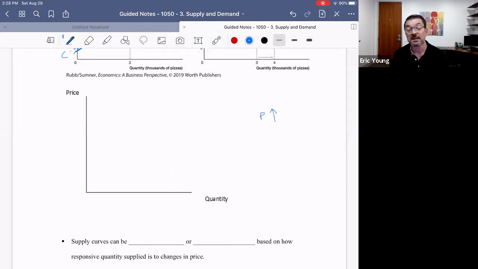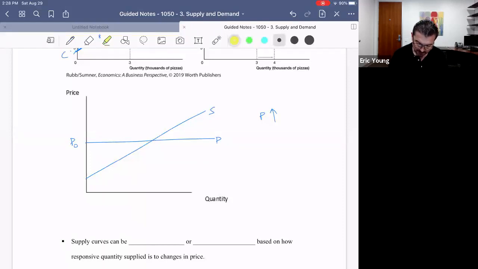We're going to predict that because sellers like higher prices, a price going up will be good for them. Let's figure it out. Again, supply curve is here. Price, we'll call that price 0, is here. And we're going to have a producer surplus. That's going to be the area above the supply curve and below the price. And there you go.